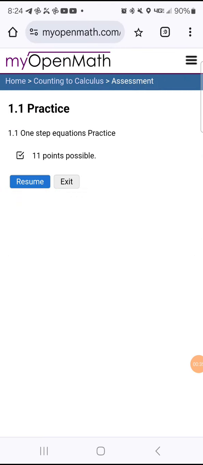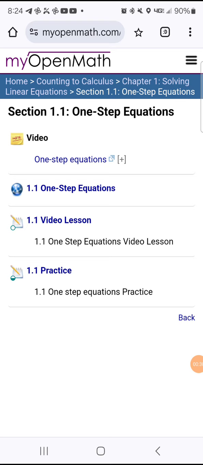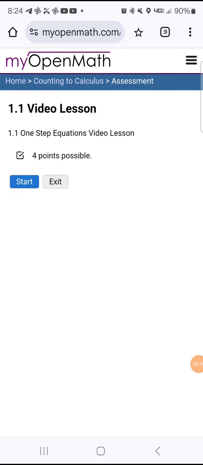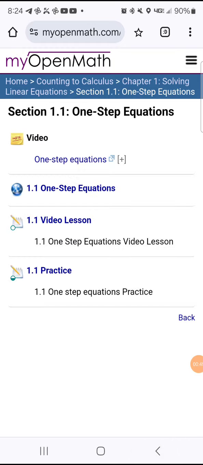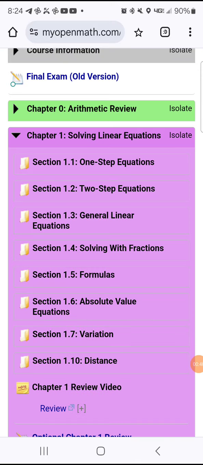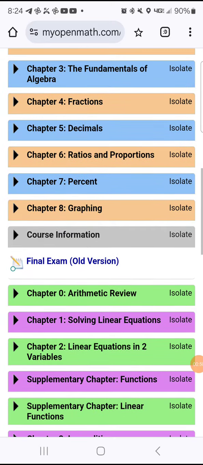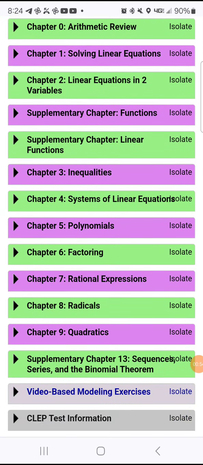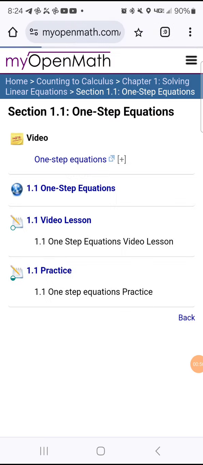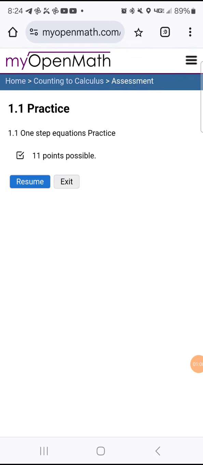Click on the practice. If you ever need to watch a video for the lesson, the videos are here. You can click and watch. But let's say you click on the practice and resume. Let me take it slow here. So go down to the algebra section, so that's after the first 8 modules. You go down to these modules, click on solving linear equations, section 1.1, one-step equations, click on practice, and then